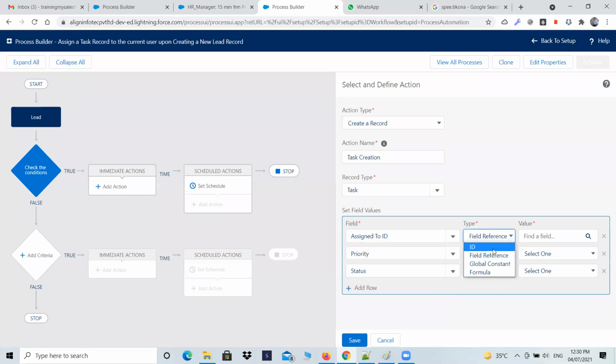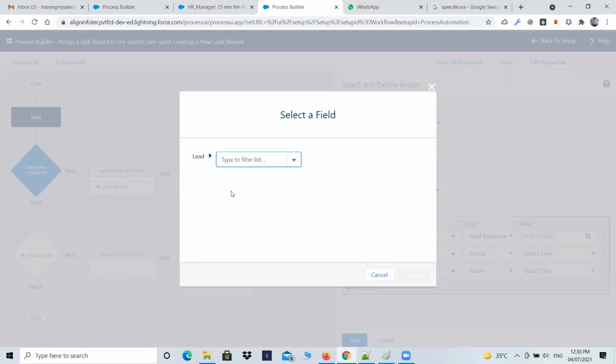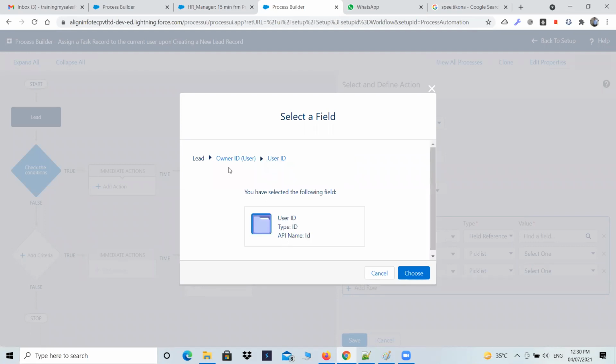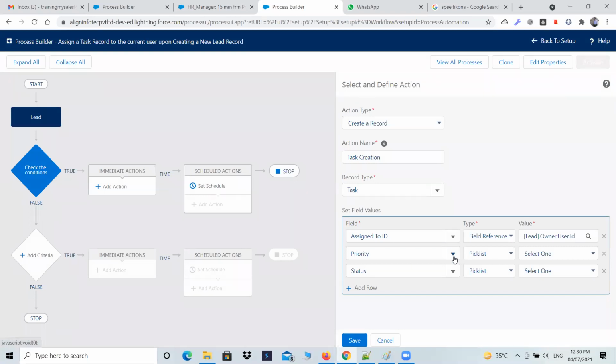असाइन टू आईडी, असाइन टू आईडी ही रहने दो। यहां से आईडी था पहले, आईडी को निकाल के फील्ड रेफरेंस कर दो, ग्लोबल कांस्टेंट भी नहीं, फील्ड रेफरेंस नहीं, सॉरी, फॉर्मूला कर देते हैं। क्या किया था मैंने, फील्ड रेफरेंस, हाँ फील्ड रेफरेंस ही करो उसको। फील्ड रेफरेंस में सब फील्ड सिलेक्ट करो। लीड में से कौन सी फील्ड चाहिए, लीड में से आप उठाइए ओनर का आईडी, यहाँ पे ओनर आईडी क्यू और ओनर आईडी यूजर दो है, उसमें से आप ओनर आईडी उठाइए, ठीक है, यूजर का ओनर आईडी। और ओनर आईडी यूजर ऑब्जेक्ट में जाकर फिर एक और चीज उठानी है, वो है यूजर आईडी, ठीक है। ये चीजें जरा सा अच्छे से लिख लो, इसको सिलेक्ट करो, ठीक है।